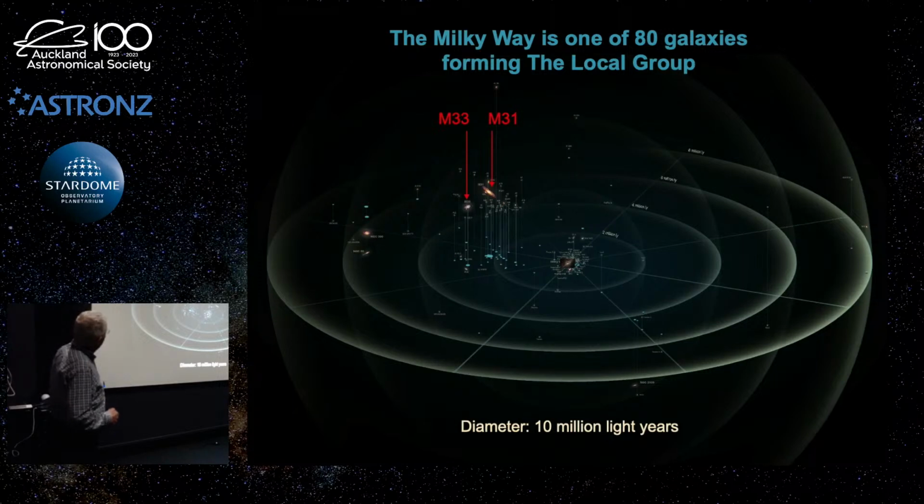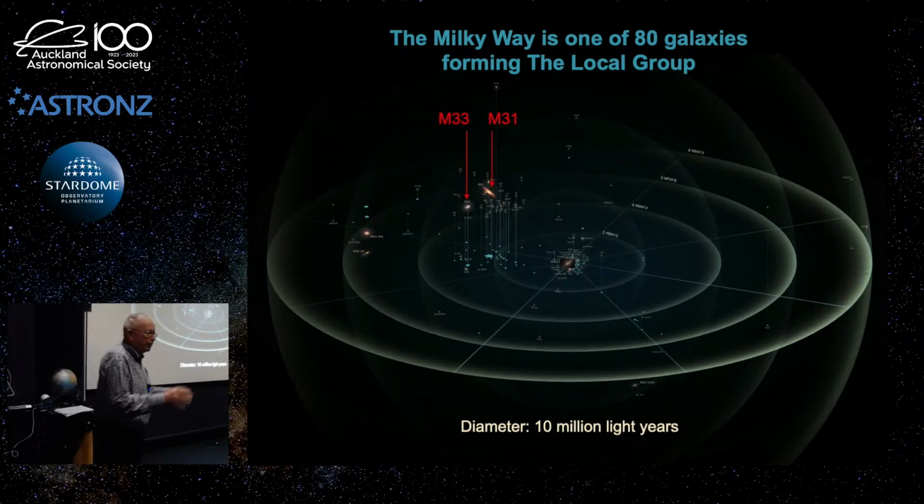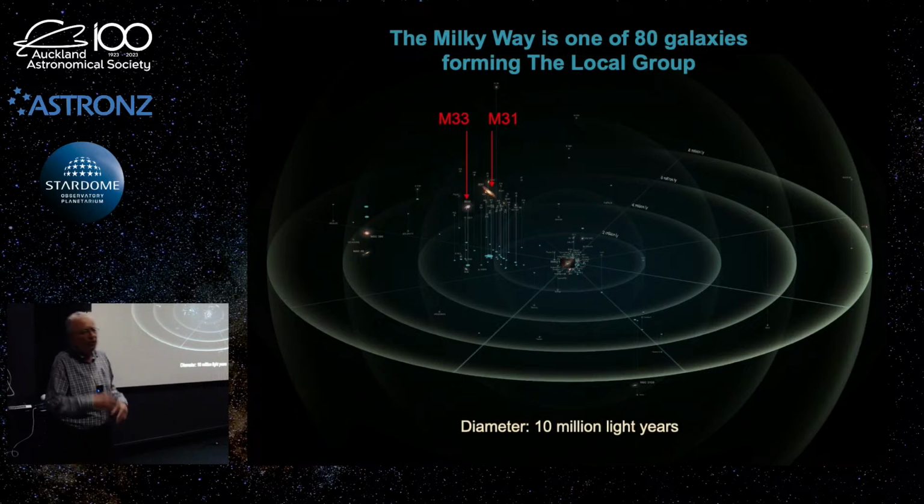Now, the Milky Way, they realised, is one of roughly 80 galaxies that are all gravitationally bound together in a group. It's called the local group. You've probably heard of the word galaxy clusters as well. Not to be confused: you hear galaxy groups and galaxy clusters. They're one and the same. The word group is just used for a smaller collection, less than about 100 galaxies gravitationally bound together. Greater than about 100 or so, you call it a galaxy cluster, just to get that term sorted out.